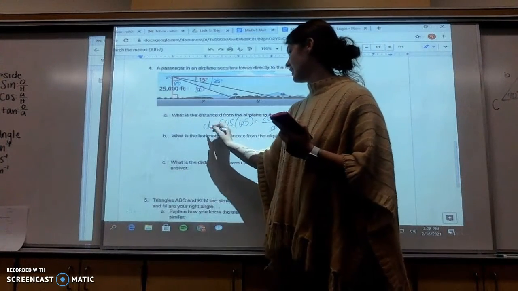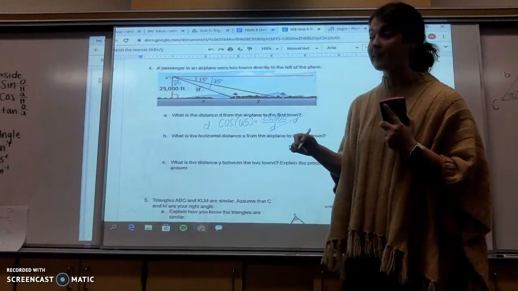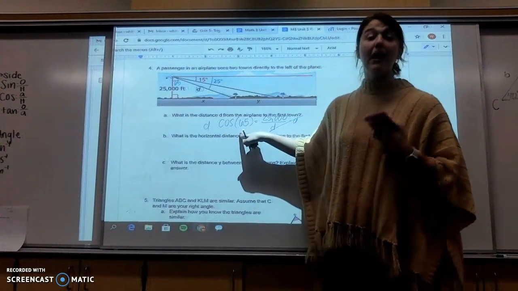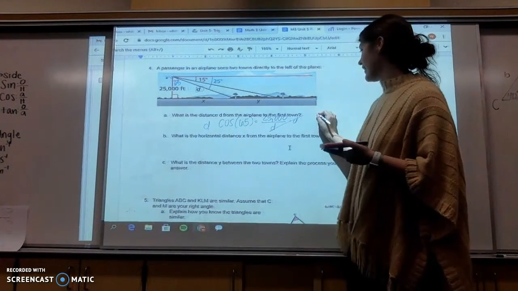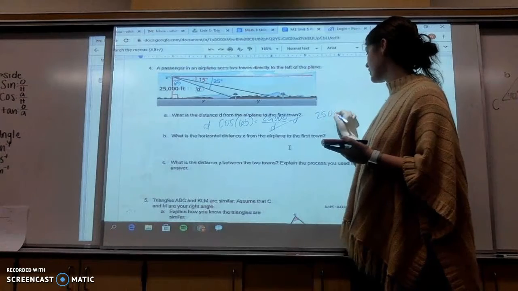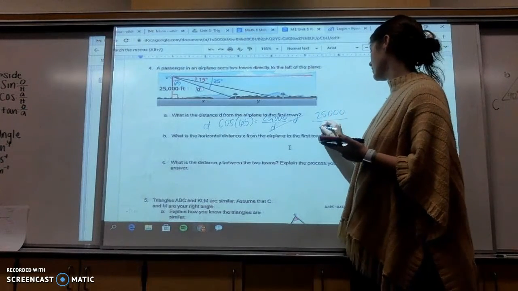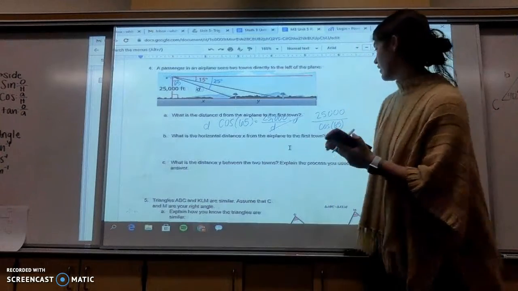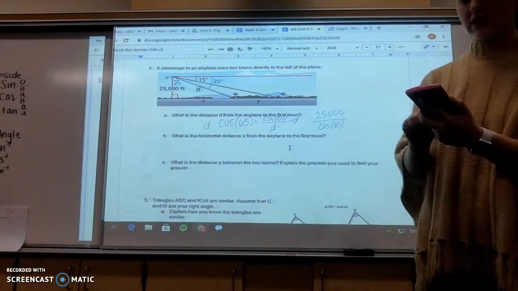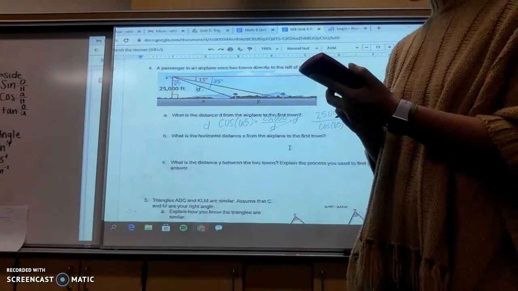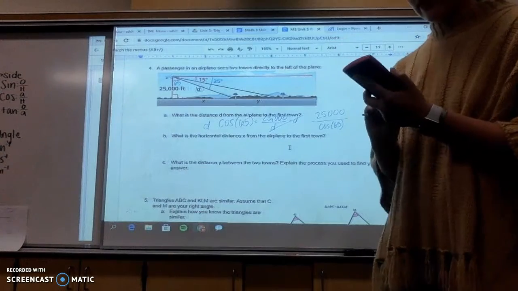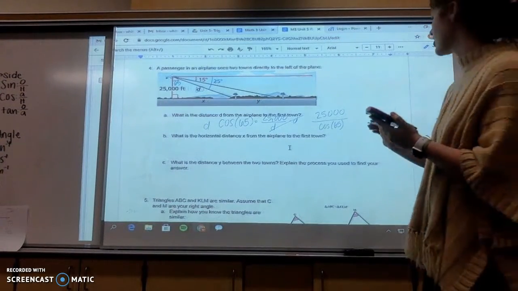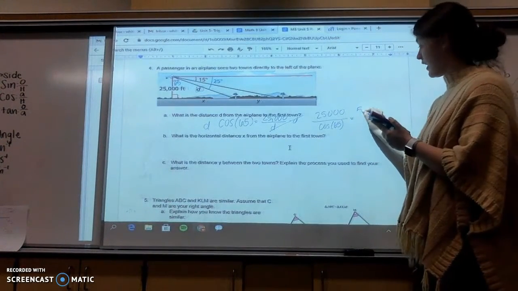D is not by itself now. This is a multiplication problem, so I gotta divide. So in my calculator, I'm going to write 25,000 over cosine of 65. So 25,000 divided by cosine of 65, I get, oh my gosh,